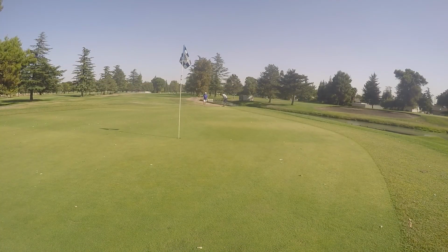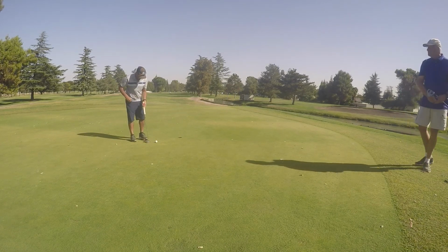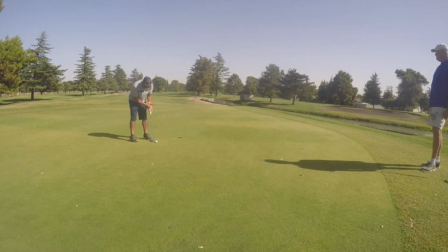So I came up well short, but only because of the wind. Otherwise, it would have been right on the pin. So this is about 30, maybe 40 feet. And again, another tap in. The only thing that doesn't make this an easy tap in is because it's downhill and it turns to the